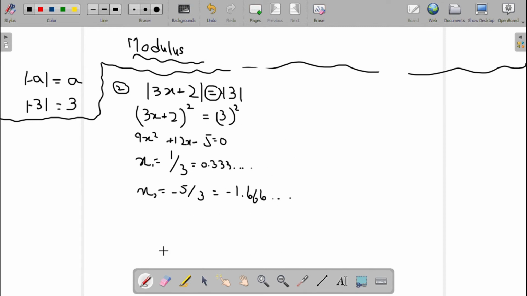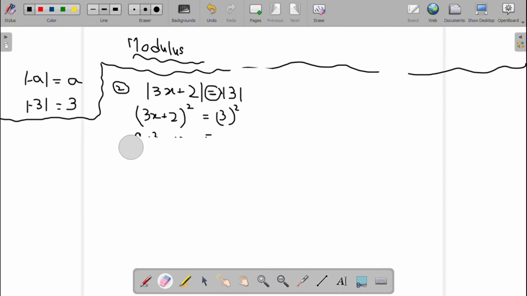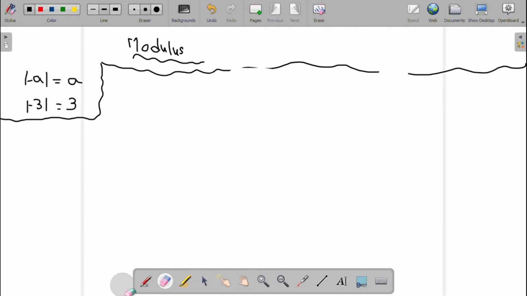Now we will solve inequalities, where instead of equal we have the greater than or less than signs. The rule is the same, but for the sketching and for checking the validity of the roots, there is a way to solve it, and we will look at that way.